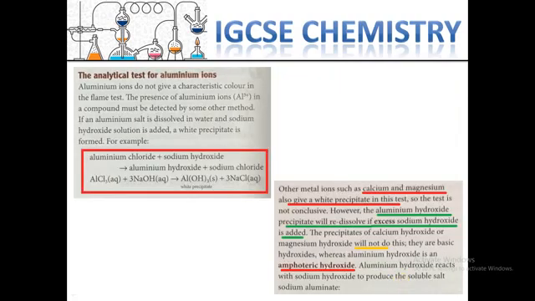All right, analytical test for aluminium. When we are talking about an analytical test, that means we are going to identify a certain compound or certain element inside a mixture, inside any chemicals. So here we are going to find a way to identify aluminium inside any compound. So through this reaction, aluminium chloride